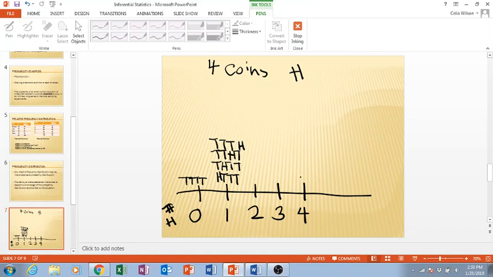What about 4 heads? What would that combination look like? That would be head, head, head, head, right? There's no other way I could flip and end up with 4 heads. What about 3 heads? What would that look like? So I could do head first, get 3 heads, and then a tail. I could get head, head, tail, and then a head. Then a head, a tail, a head, and then a tail,